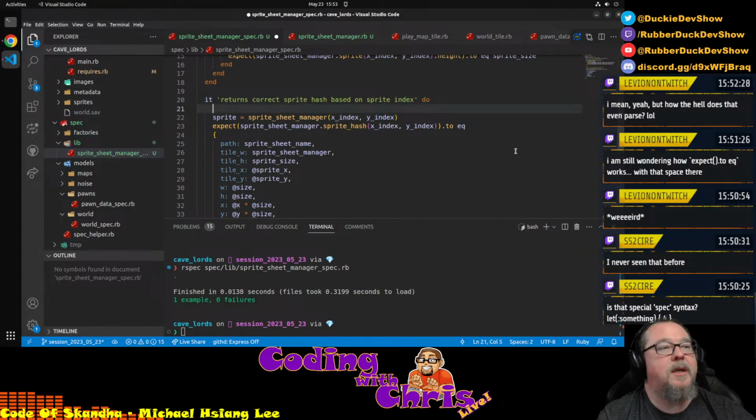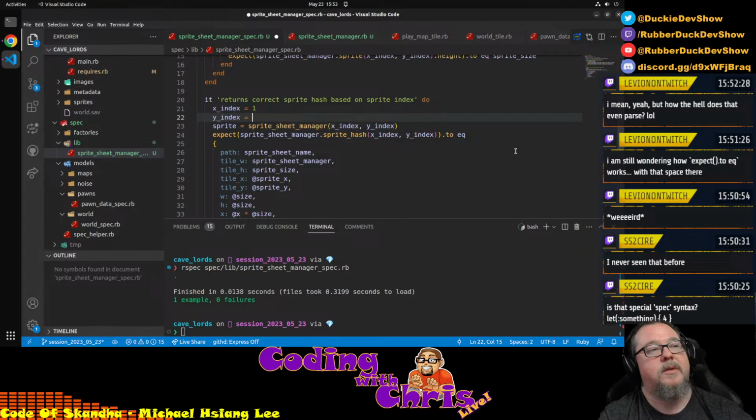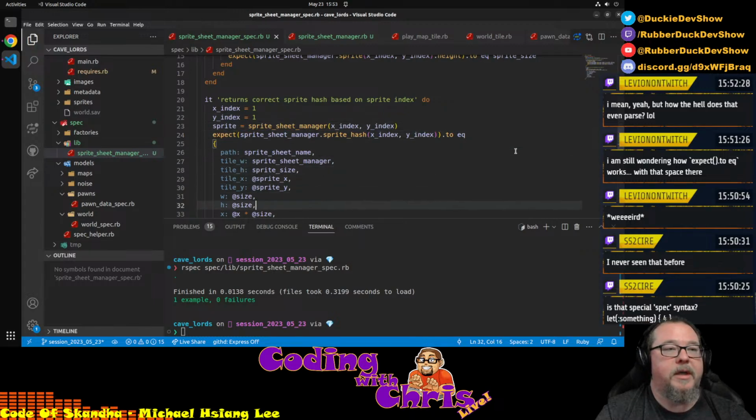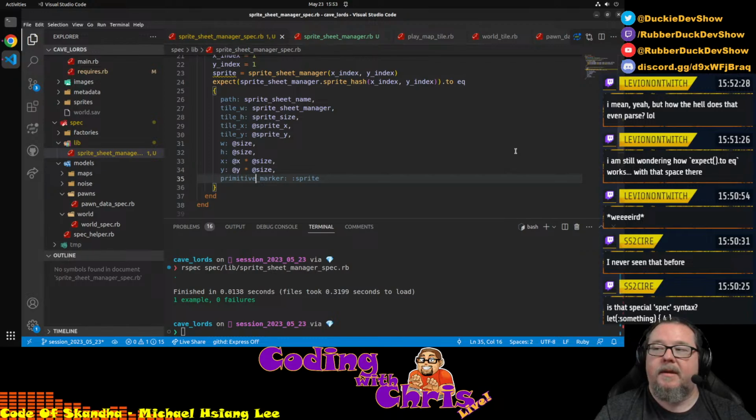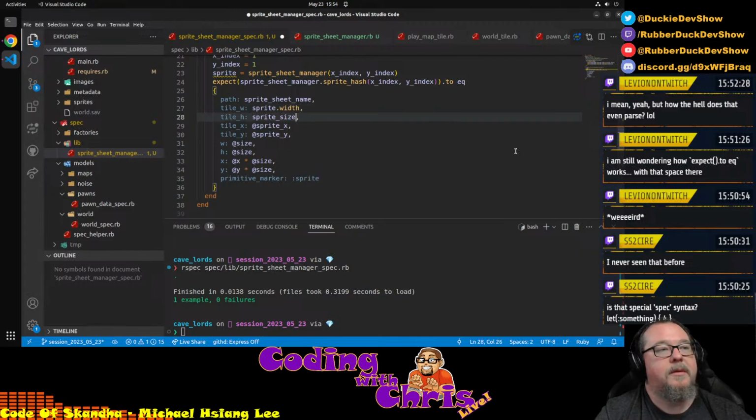Okay, so let us make this index my index 1. Giggles. Now I can just say sprite height should be